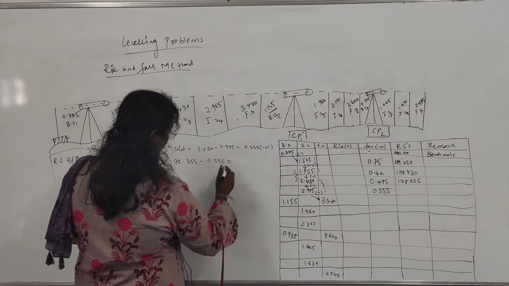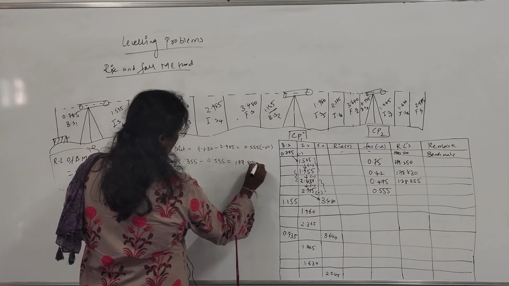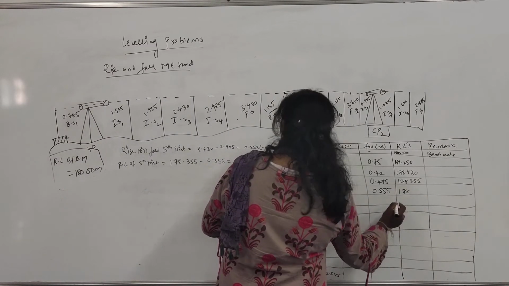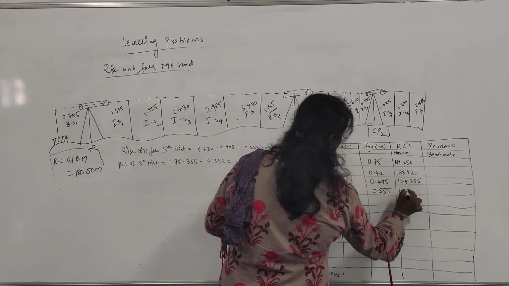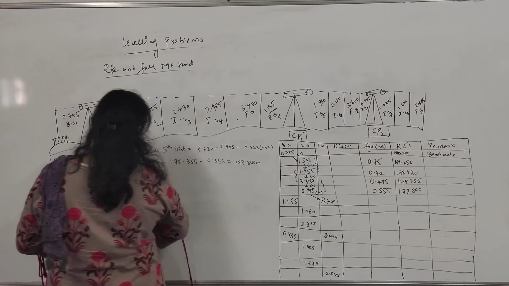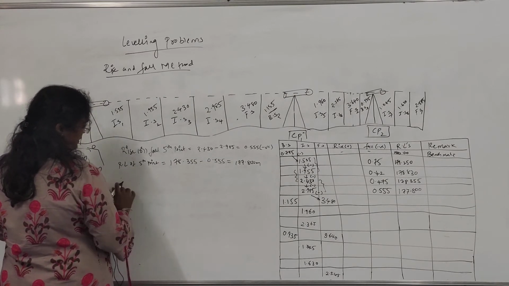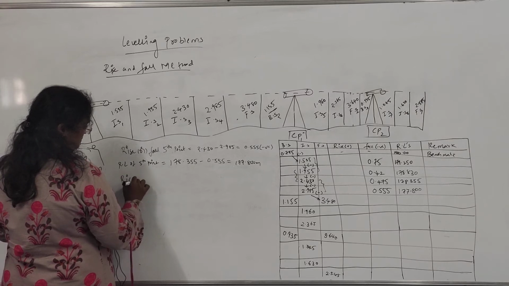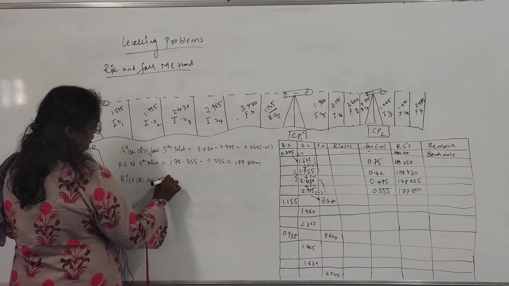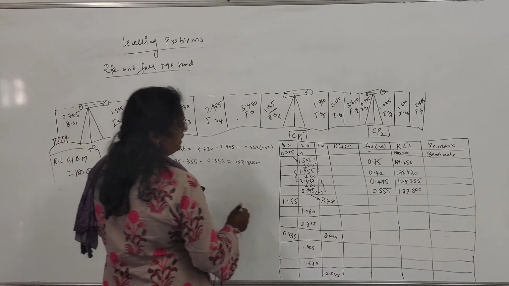What is the value here? 177.800 meters, right? 177.800. Next, find out the rise or fall at the sixth point,